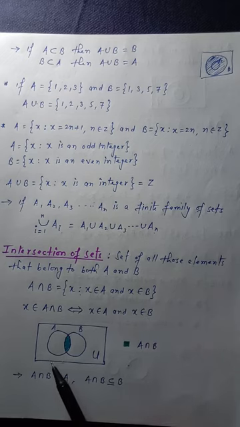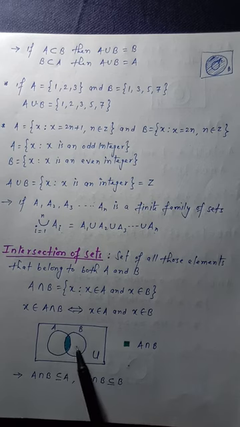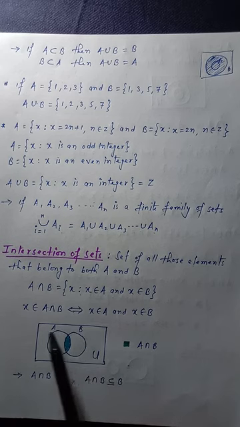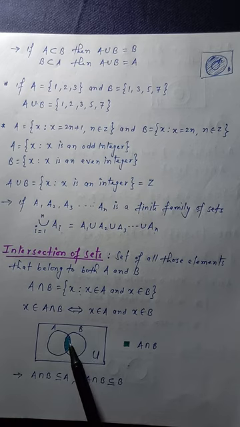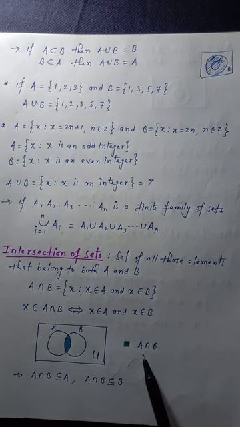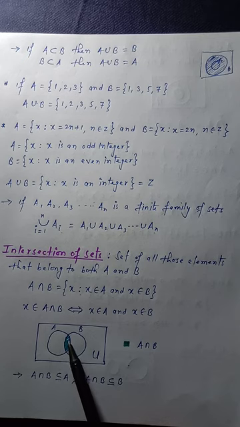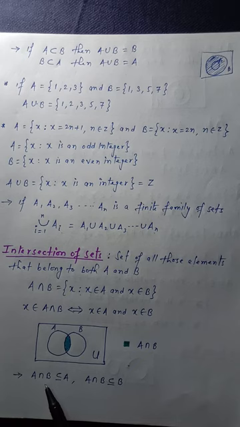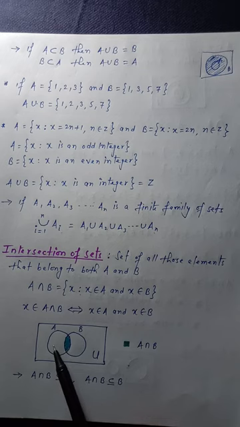You can see the representation of intersection of sets. Here the two intersecting circles are actually sets A and B, and this rectangular box is the universal set. Their common part is the intersection part, and this green part is actually A intersection B. So we can easily say this green part is a part of set A. So A intersection B is always a subset of A, because all the elements of A intersection B belong to set A, and similarly A intersection B is also a subset of B. I hope it is clear.